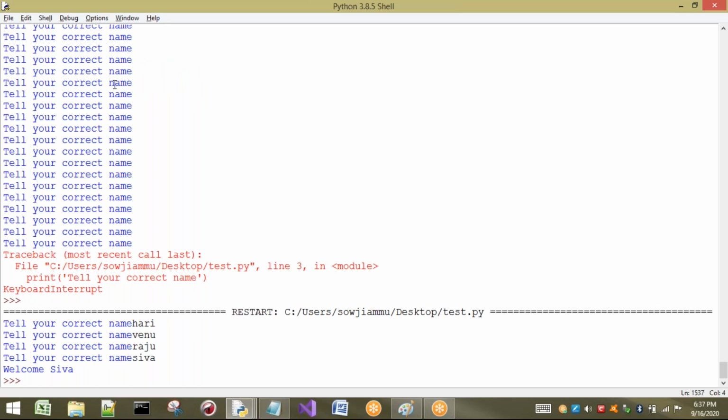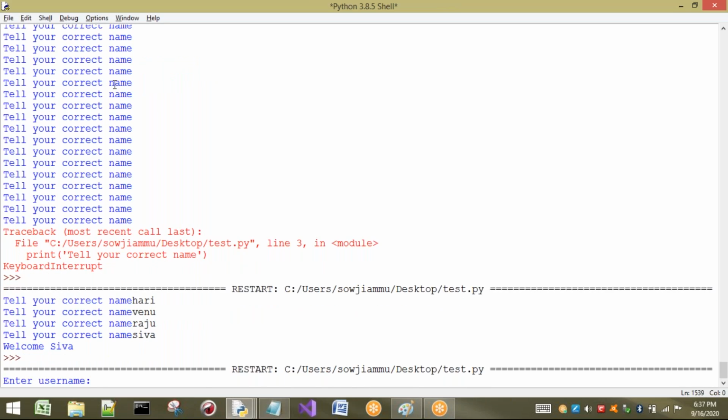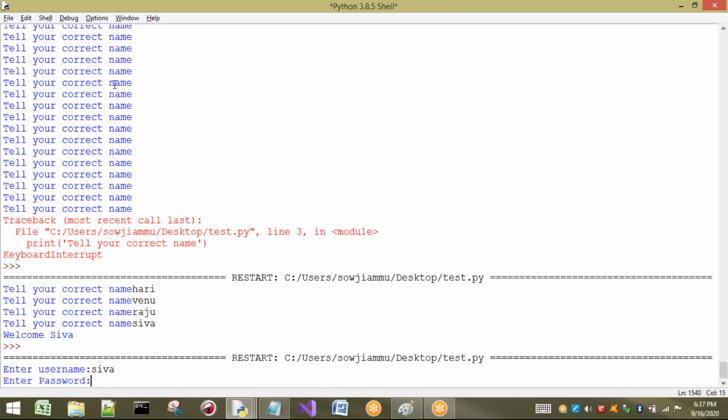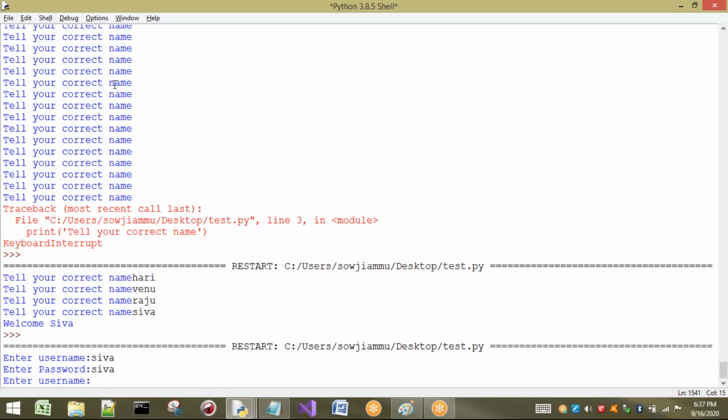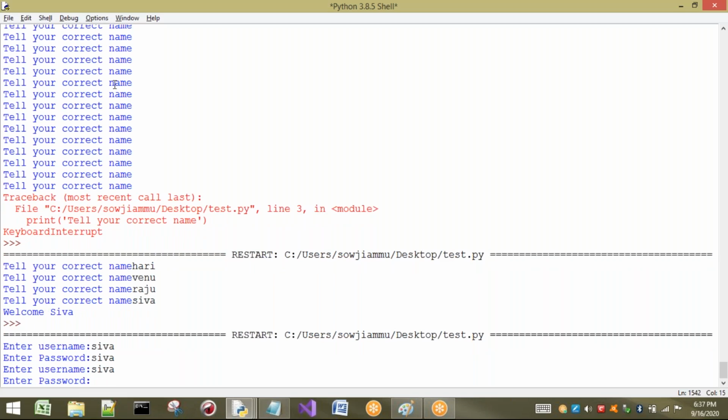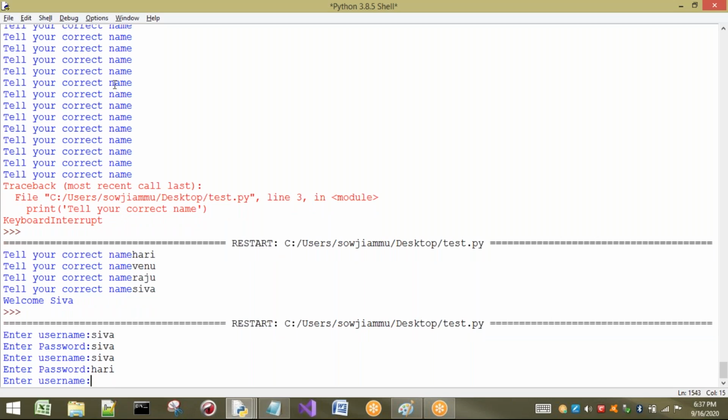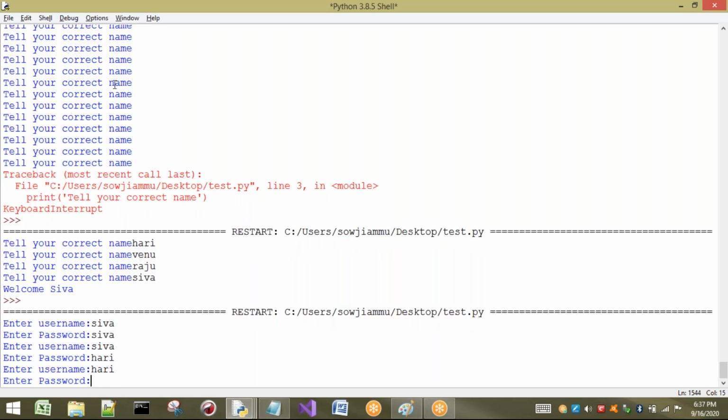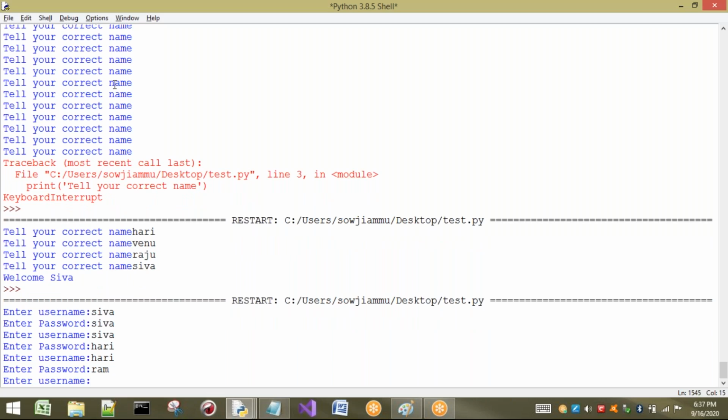Now see what happens. Here it is asking for username. So I will give Shiva. No problem. But it is asking for password. Unfortunately, I forgot my password. I think password is Shiva only. Then what happens? It is not going to allow me into my inbox. So again, I will try. Shiva, I am trying. Okay. Then I will try for some Hari, for example. No, it is also not valid. So now I think my username is Hari, for example, and password I am giving correct, that is Ram. Now what happens? Password is correct here, username is wrong. Then also I am not going to enter into my inbox.